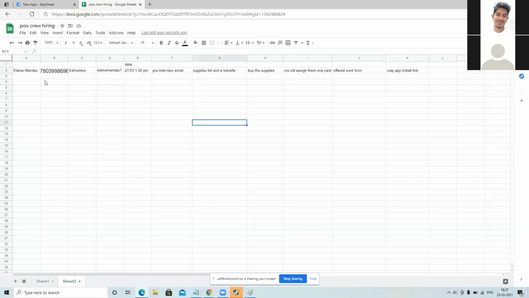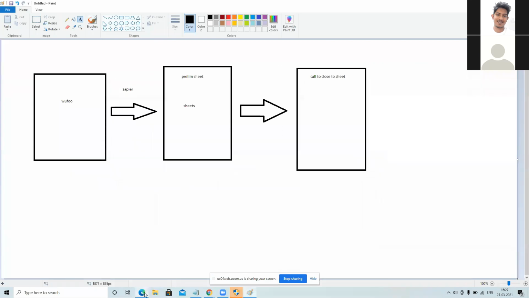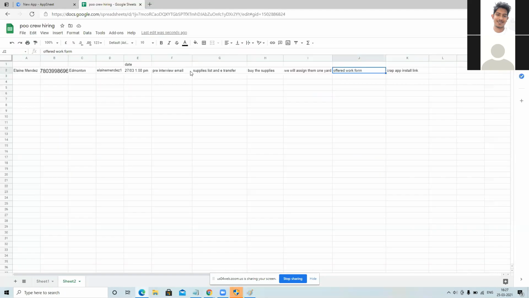If one person is going to be hired, the app must strictly follow this process. Nobody should be able to skip in between. You understand? So first this email should go. The on-the-job interview is starting 27/3 at 1 p.m. So before that, this email will automatically go. We can program like that.